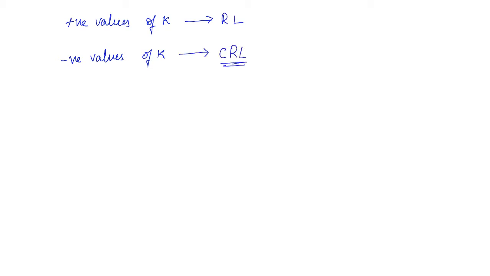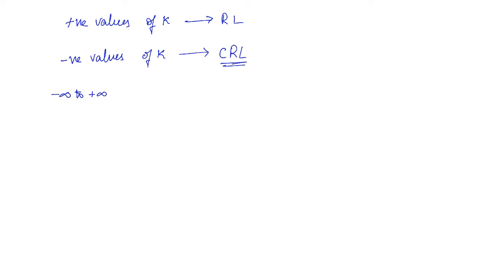Till now we have discussed the root locus for positive values of k. Now we will also discuss the trajectory of roots for negative values of k. Both of these form the root locus only, but for the sake of differentiation we will call this the root locus and this the complementary root locus, that is CRL. So now we will be constructing the root locus for values of k varying from -infinity to +infinity.